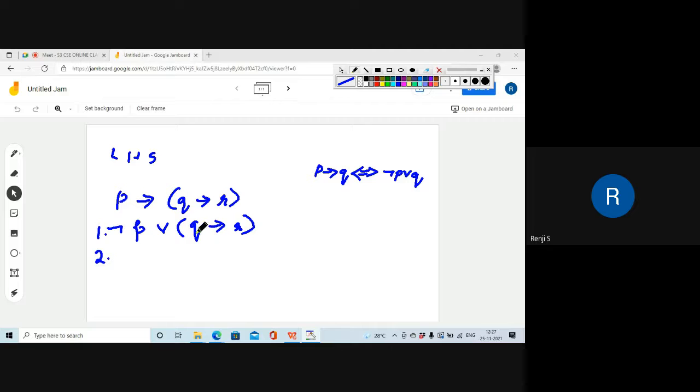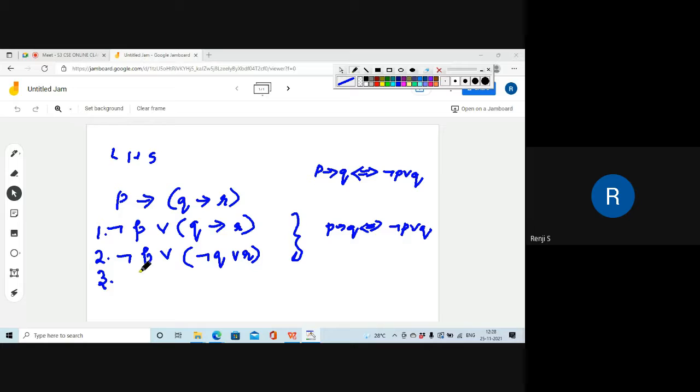Now going to the second step. Again, you have one more implication. Whenever there is an implication, you have to change the implication. So applying the same formula to the next part, you have not P or (Q implies R), and Q implies R is logically equivalent to not Q or R. Okay, is it clear? For these two, we applied the property P implies Q is logically equivalent to not P or Q.